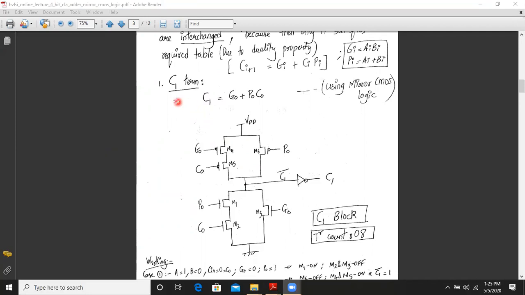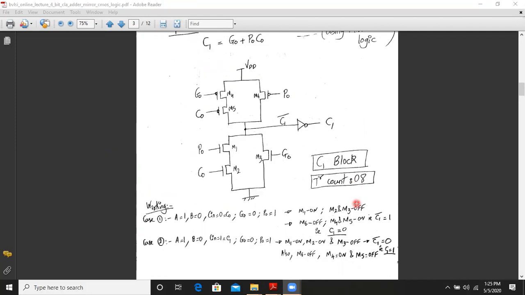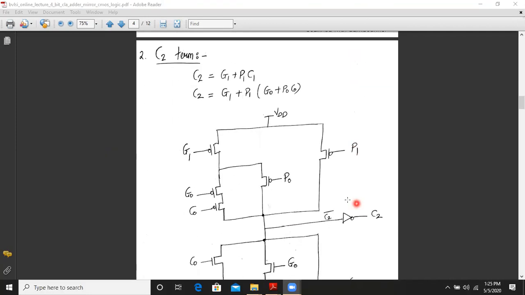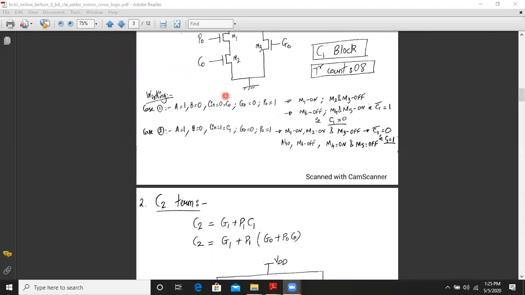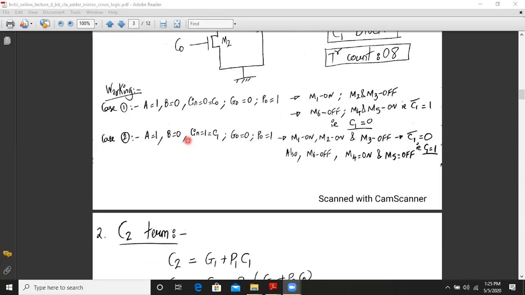So next we move on to the C2 block. So the C2 expression is C2 is equal to G1 plus P1 into C1, where C1 you can take it from the earlier part.